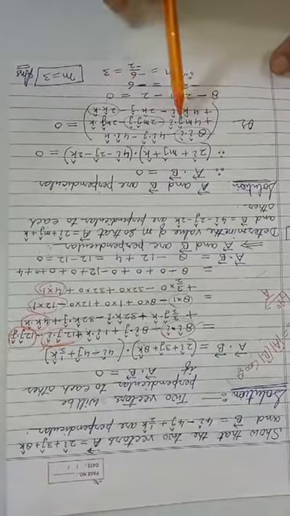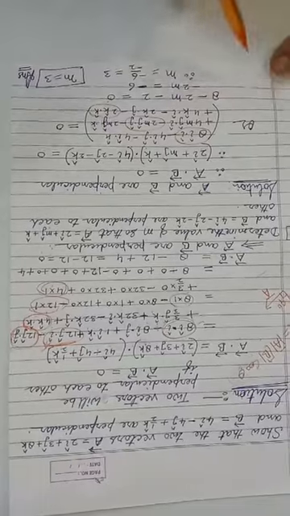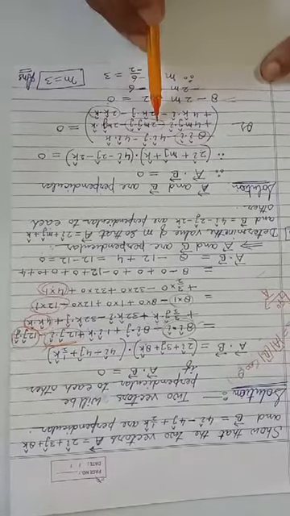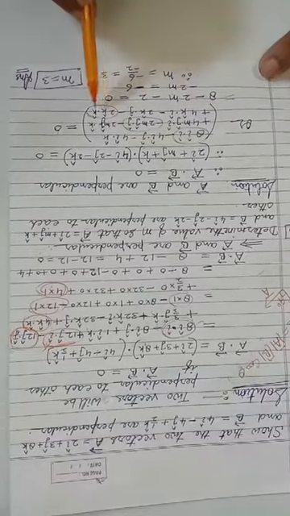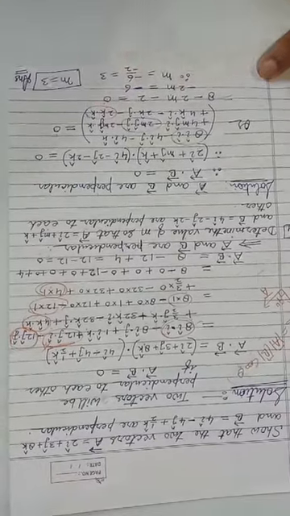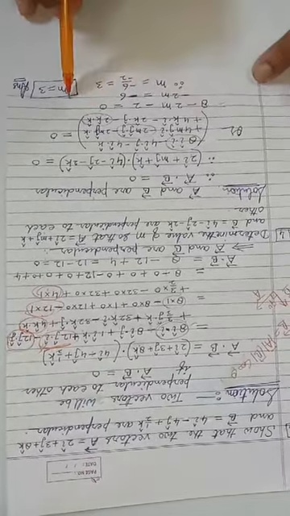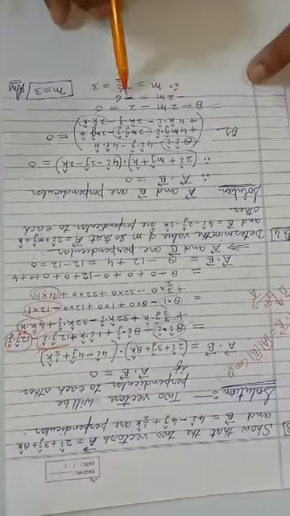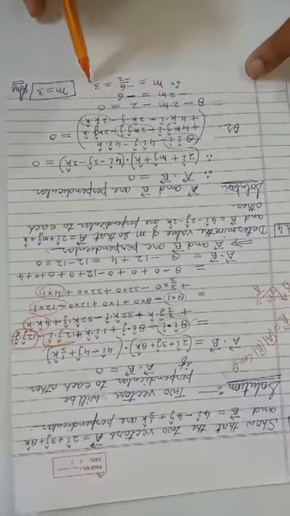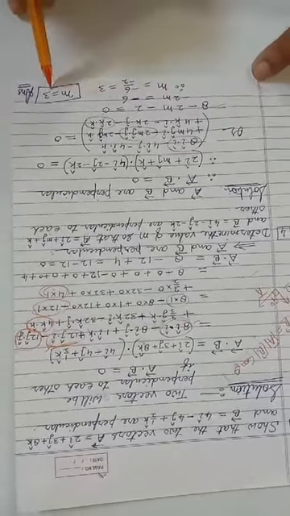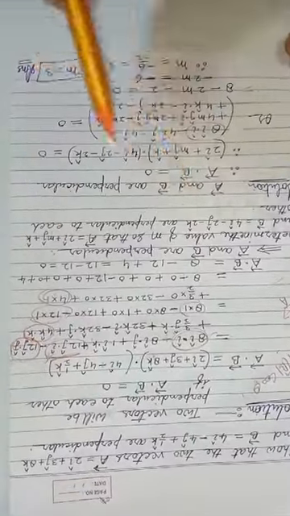Okay. Now come to this point. Now 8 i dot i comes equal to 8, and minus 2m j dot j comes minus 2m, and 2 k dot k is 1, so minus 2, equal to 0. So 8 minus 2 will be equal to 6. Transfer to that side, it will become negative. Minus 2m is equal to minus 6. So m is equal to minus 6 by minus 2. So we have got that m is equal to 3. So if the value of m is 3, then these two vectors will become perpendicular.